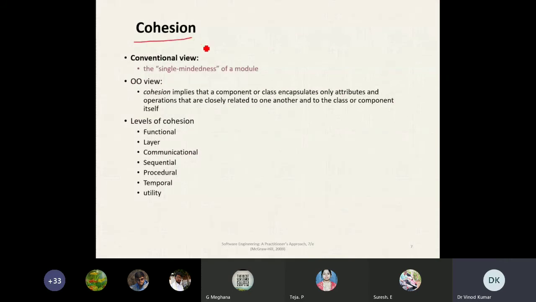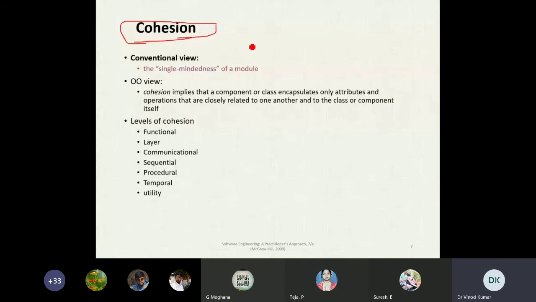Next, cohesion. Component conventional view. These two terms, cohesion and coupling, I already discussed, and they are also part of the component.